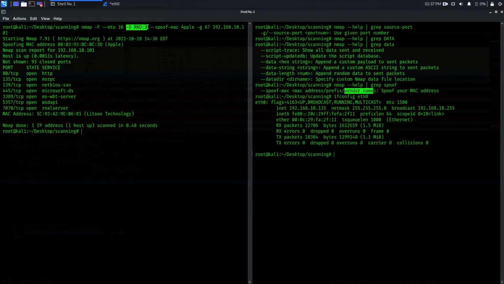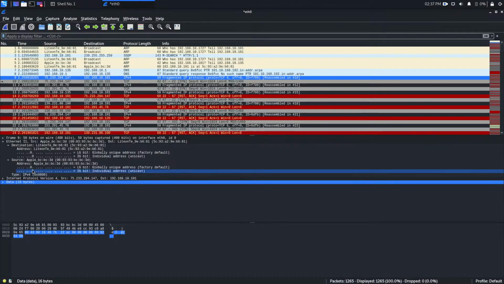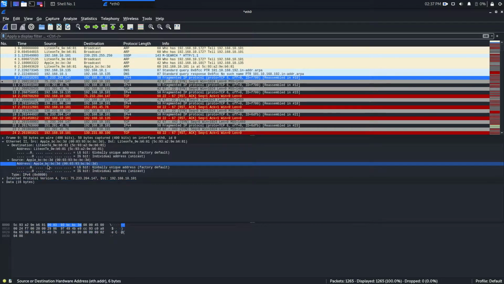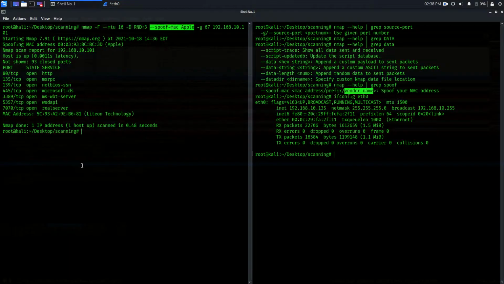The third thing we use, we spoofed our MAC address with an Apple series MAC address. With the same packet, go to the source MAC address and you will see Apple BC 3D. This is the series of Apple MAC addresses. So our MAC address is also spoofed.